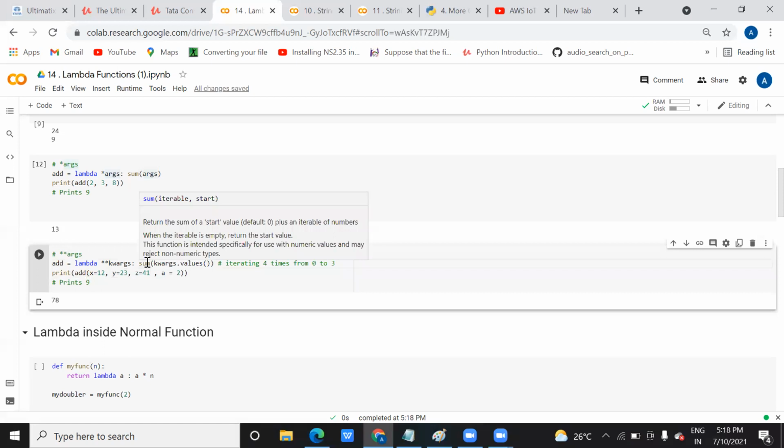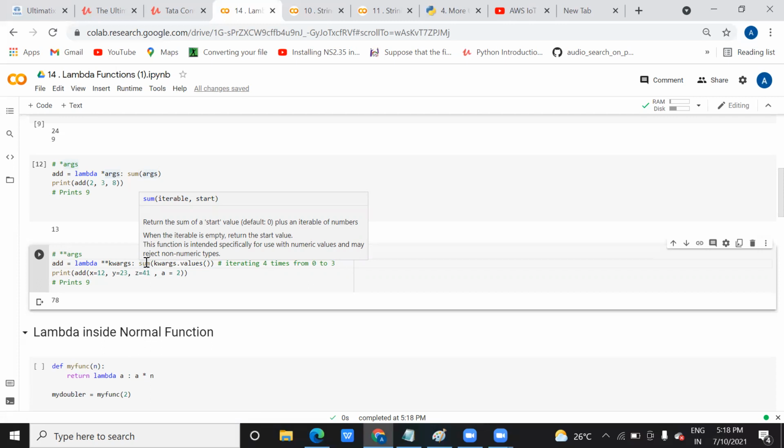If you don't understand even sum or any function, just hover the cursor over that keyword, and it will give you the complete detail of that. In any code, whatever code I share with you, or even if you are taking a reference from other code, when you're working on Colab or in a notebook also, just hover the cursor over that function.